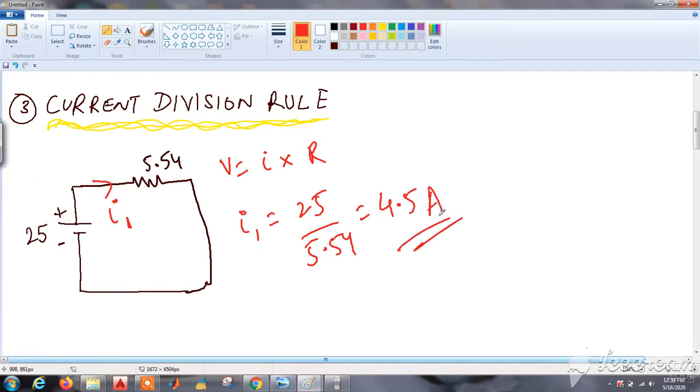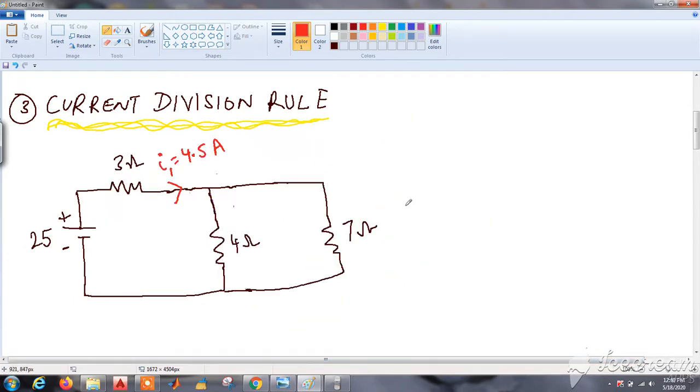Now let's get back to our original circuit and denote I1 on it. Now we have got I1 equal to 4.5 amperes. That is our source current. We can say now I1 splits up into I2 and I3 and then goes back like this. This is the original flow of currents. I2 will flow like this, I3 will flow like this, then they will meet here and again become I1 and go to the battery. So coming back to our problem, let's find out I2 and I3 by applying the current division rule.